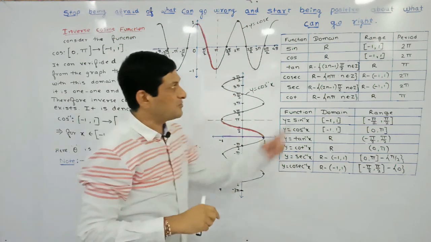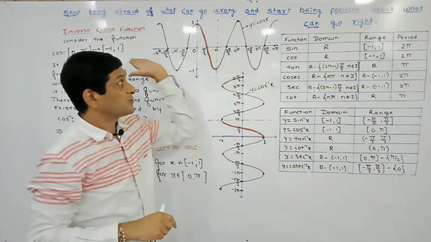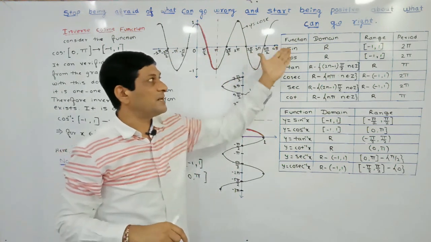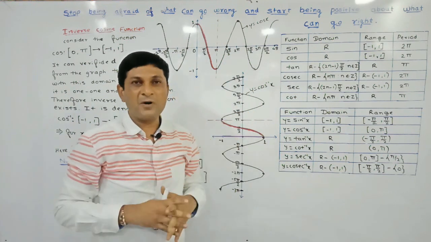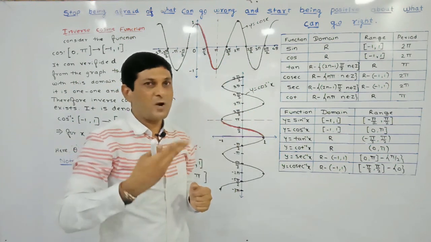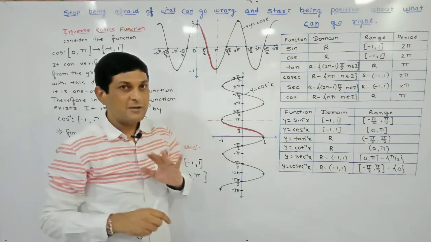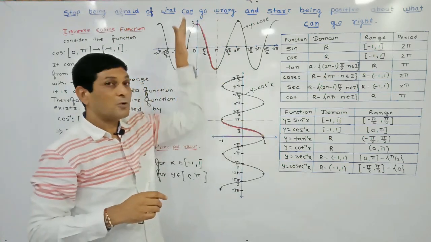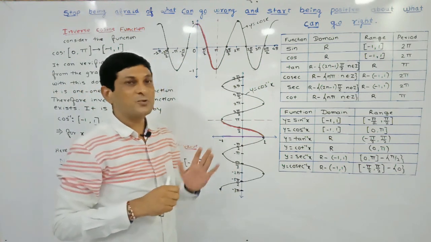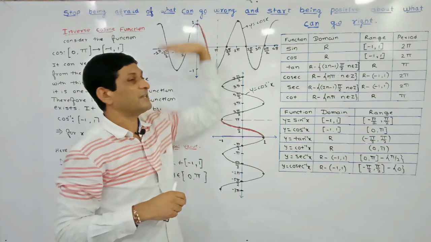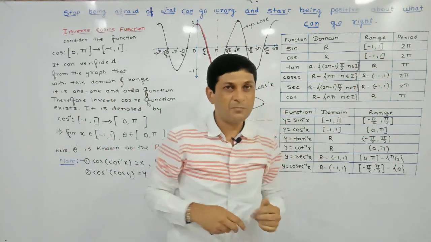So first we are trying to find out the domain of this cosine function. Here we can observe that the whole real number line, the x-axis, is its domain, because for every value on the x-axis we are getting the value of cos. So we can say that the whole real number line is the domain set, and the y-axis is the co-domain set. But cos takes values only between -1 and +1. That's why we can say that the range is between -1 and +1,